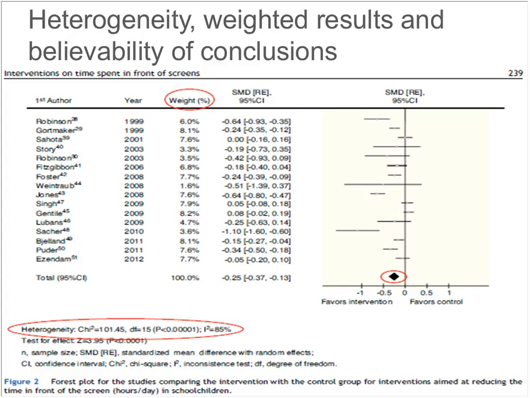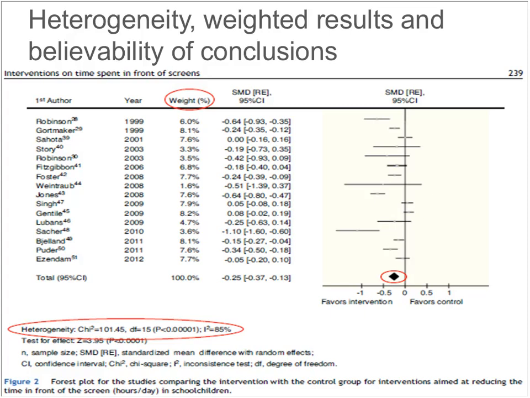So just very briefly, in terms of what we see here in this particular instance, we want to see children engaging in less time in front of TVs and playing videos, so less screen time. So results that occur to the left of that vertical line, which is, again, the line of no difference or no effect, mean that the intervention led to a reduction in that screen time. In other words, it may be indicative of a positive effect of that intervention.